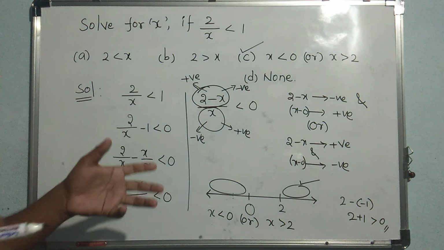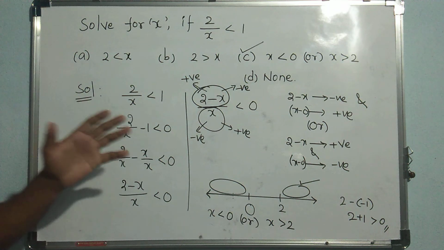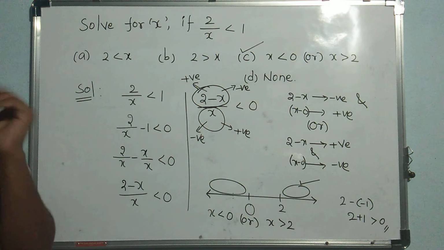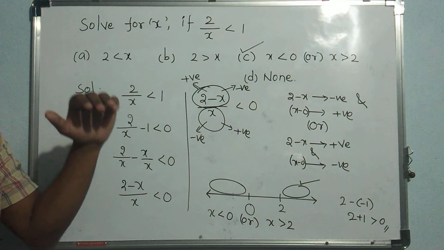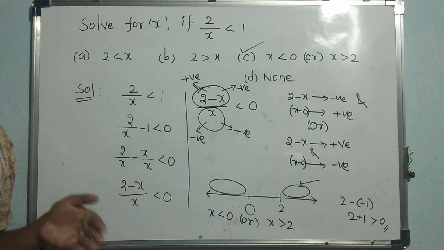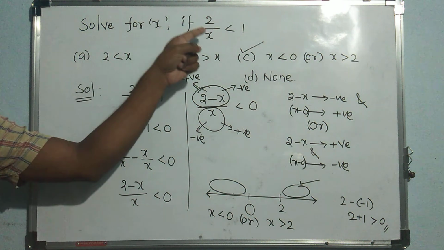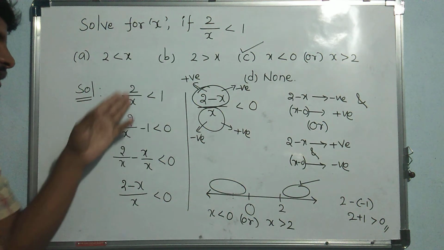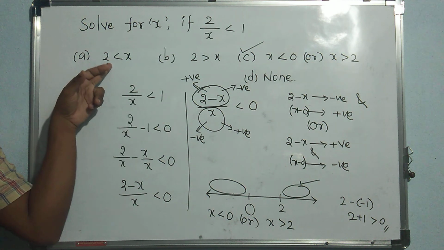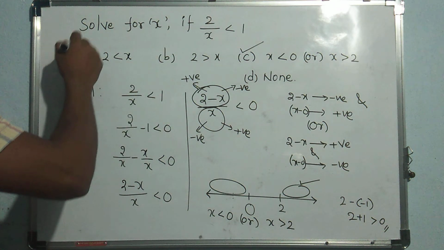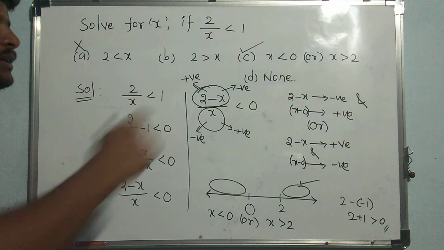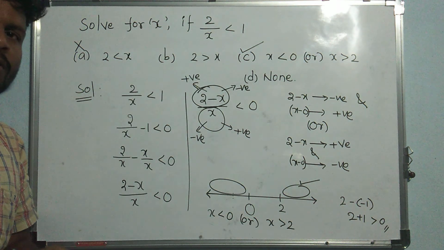Okay, and this is a different idea. See children, it is a deviated type of problem. They can easily try to deviate the students by giving different options here. See the question, 2 by x less than 1, when you bring x to that side directly you will get this solution, but this is not the correctly complete solution, right? And this will be the perfect solution. Thank you.